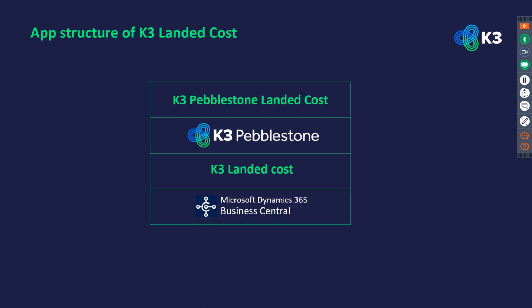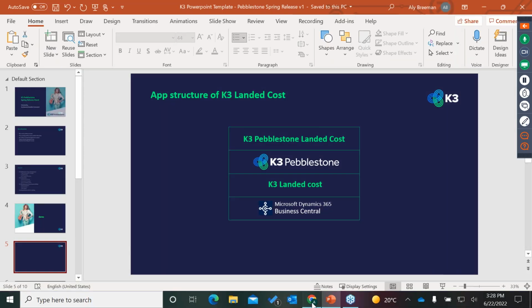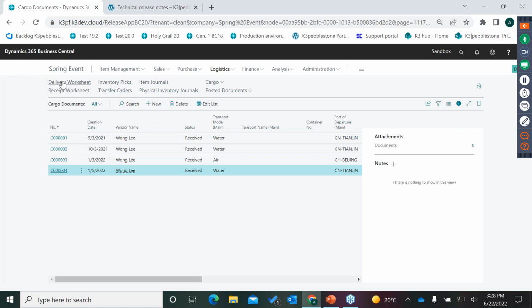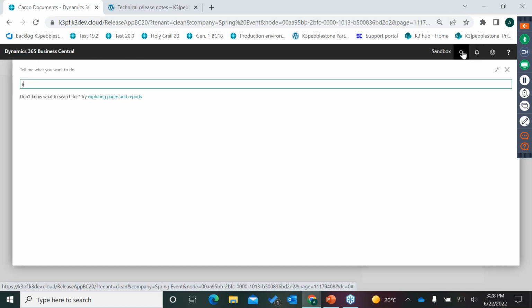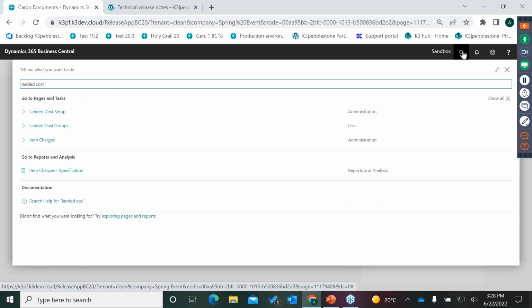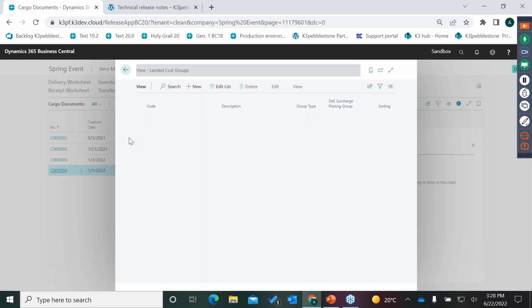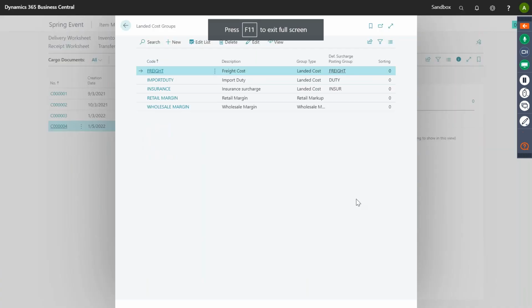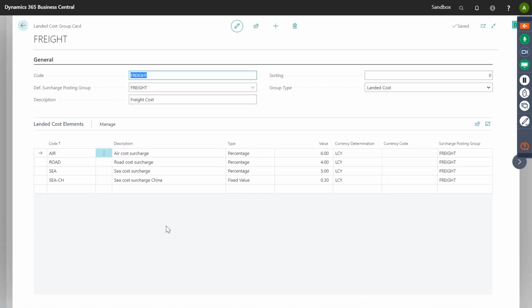Okay, so let's see what that brings in the solution functional wise. But let's start with the landed cost groups. So the landed cost can be set up in groups. Freight is set up,